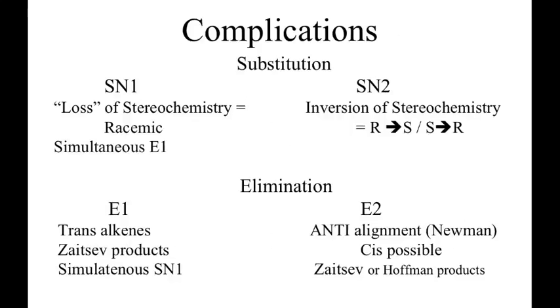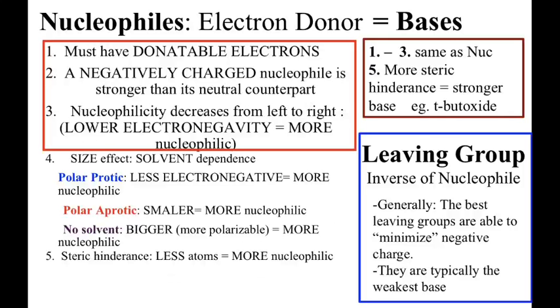You still expect to see Zaitsev products, again, the most substituted double bond. If you move into more advanced organic chemistry, you might hear Hofmann products. I'm not going to ask anything about Hofmann. Okay. More summary stuff. This is an attempt to summarize all of the big things as far as your